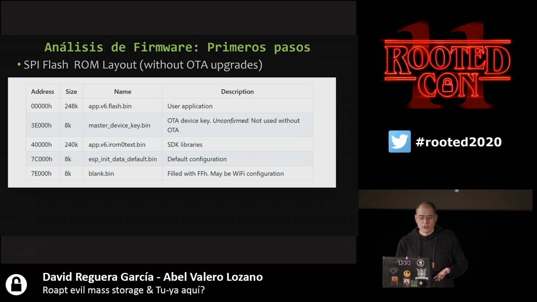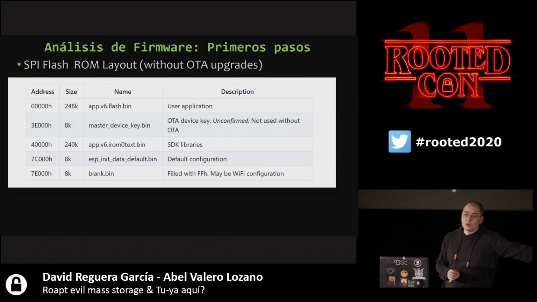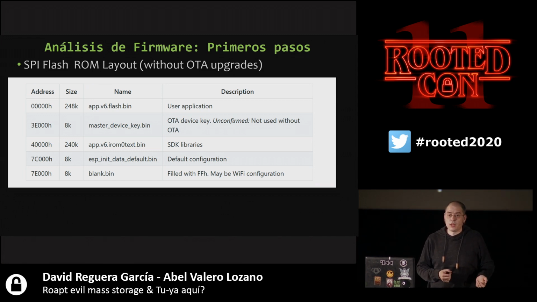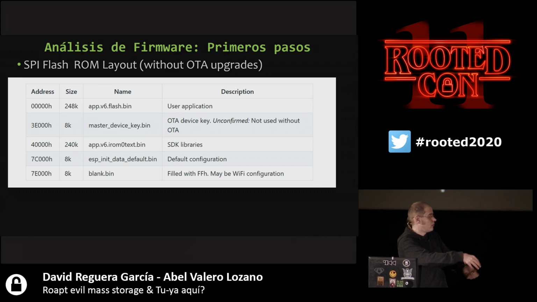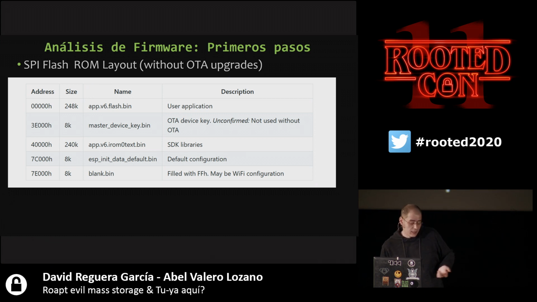The manufacturer may offer the OTA upgrade, that is to say, updating the firmware without having to connect any cables, nothing. Some developers only know how to program. They just get an SDK and program the device. That's it. So when we do not have an OTA, that is to say, when we cannot flash the